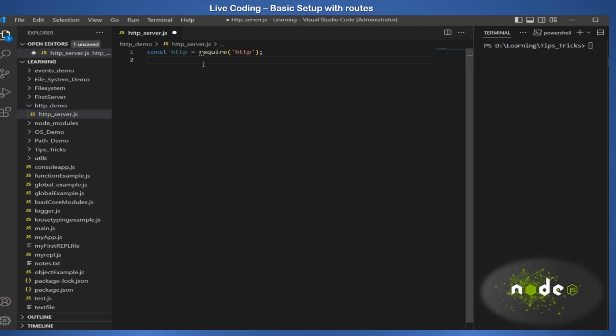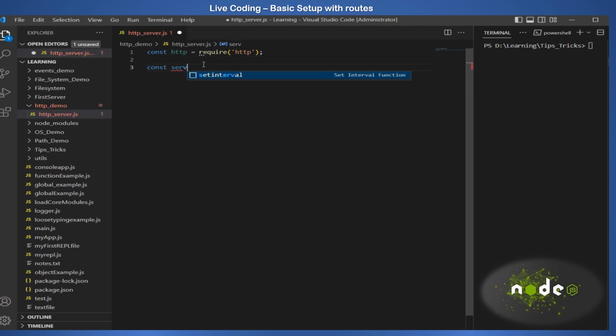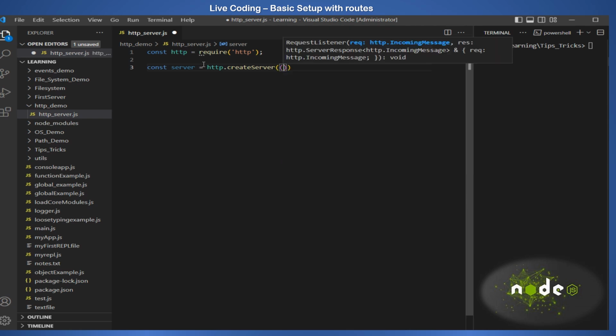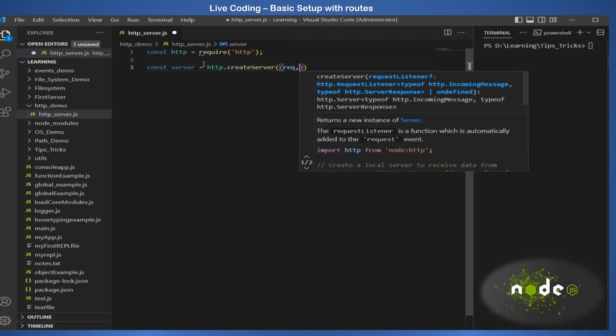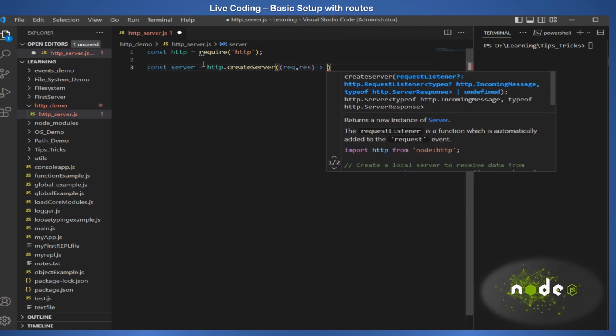Okay, next comes, once the modules are imported, next is creating a server. As I said, create server function is very important here. So I'll create server equal to http dot create server of, obviously any server we will have a request and response, right? So request, response. Okay, then we will do a callback,